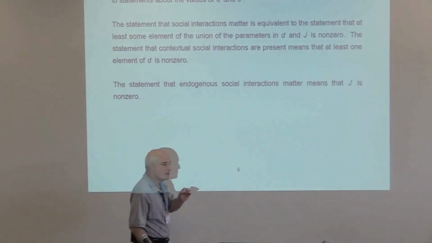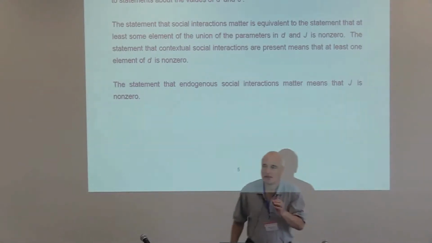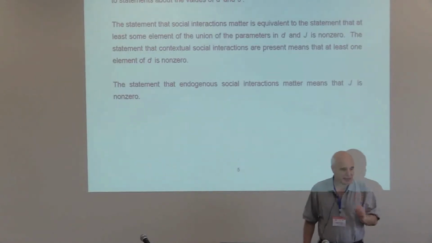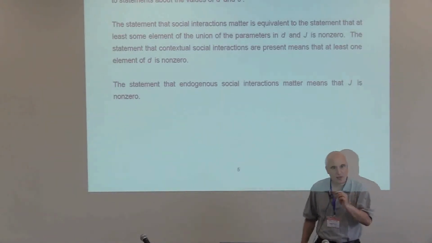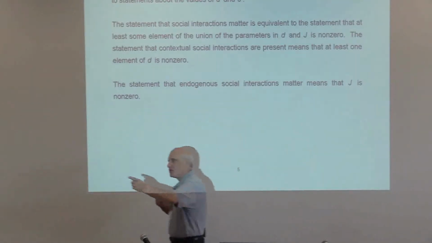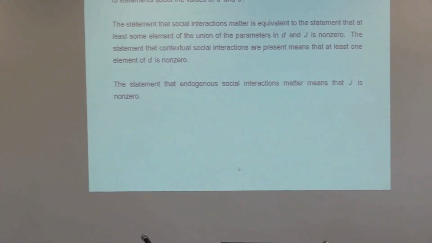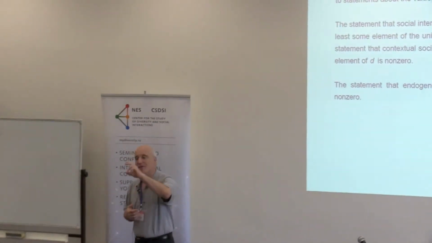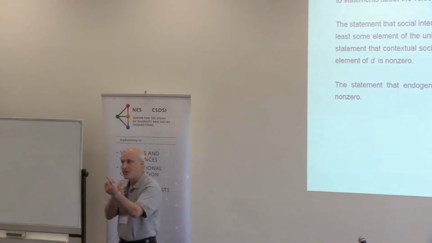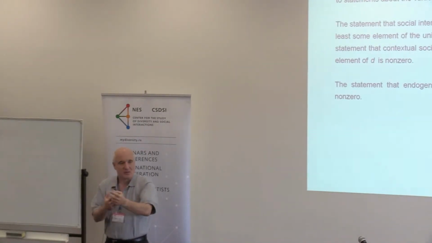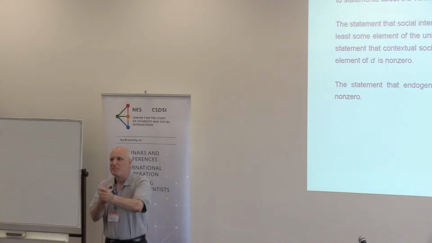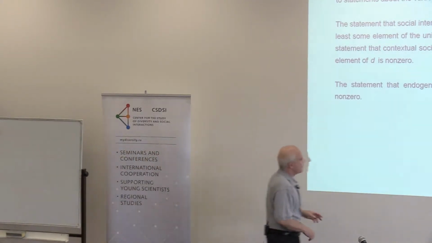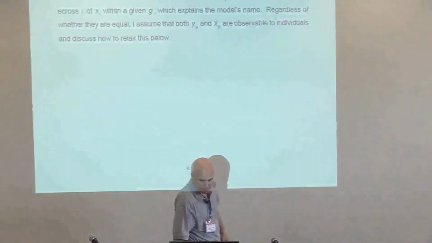And notice that in contrast to the classical way we talk about simultaneity, here simultaneity is mediated by beliefs. In other words, in this structure, the sense in which you and I are interdependent in our behaviors is: I have beliefs about what you're going to do, that influences what I do. You have beliefs about what I'm going to do, that influences what you're going to do. And so the simultaneity is not in the standard regression simultaneous equation sense. It's mediated via the way that beliefs are formed. Okay, so that's a little bit of a nuance to be aware of.